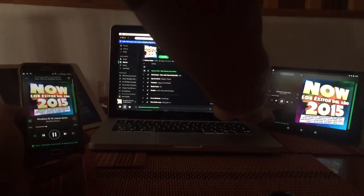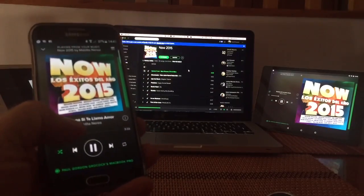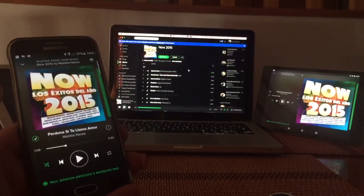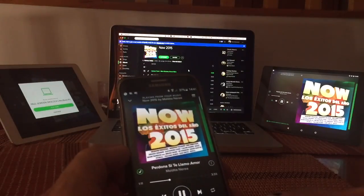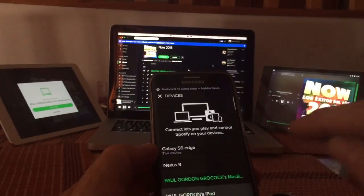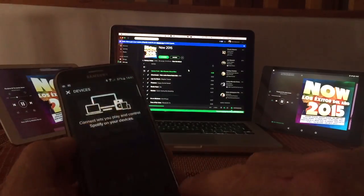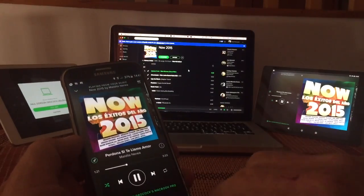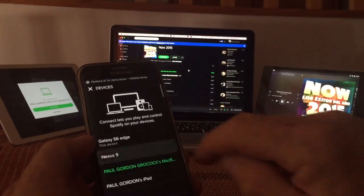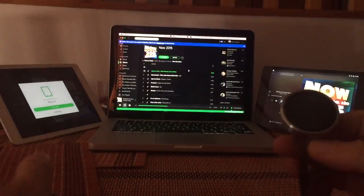Bear with me, I'll unmute that so we can. On the MacBook, if I pause, it's paused on the MacBook. Play on the MacBook. Again, I can go across the bottom and go back to the iPad. That's the MacBook. Nexus 9. And while it's playing on all these devices,